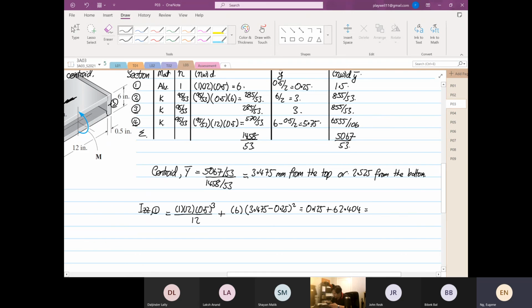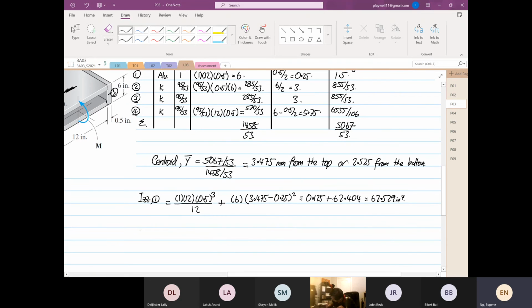So this is equal to 0.125 plus 62.404, which is equal to 62.529 inches to the power 4. Then you do IZZ2 is equal to